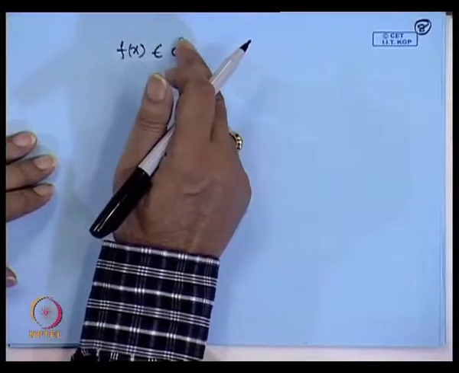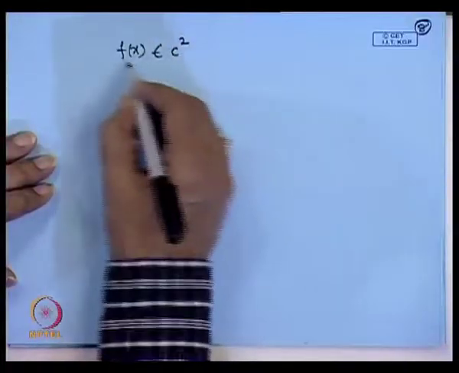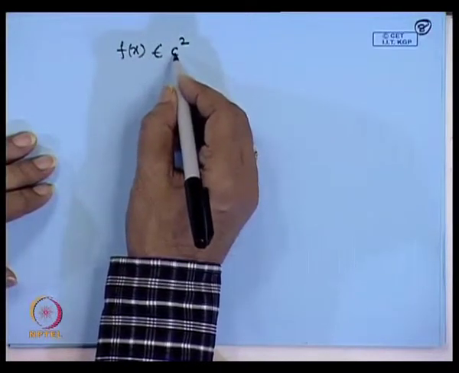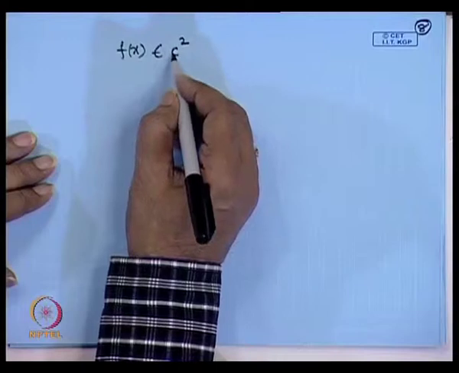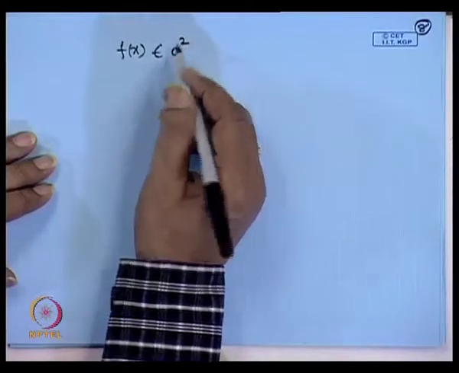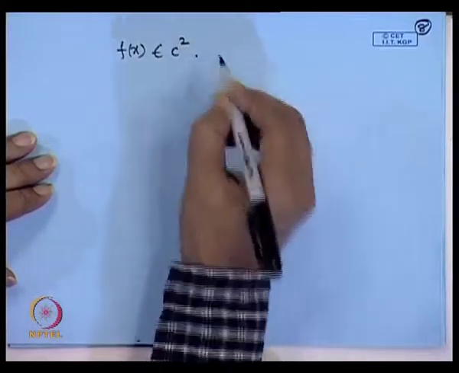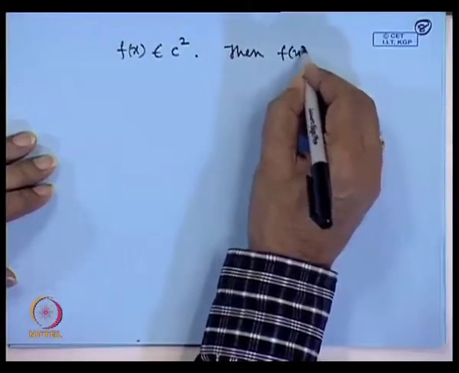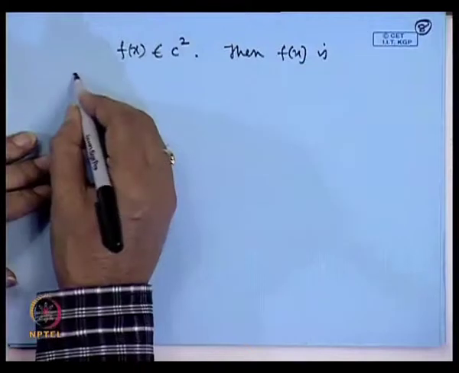If I write C3, it is three times continuously differentiable. So, the function f of x is continuously twice differentiable. Then f of x is a convex function